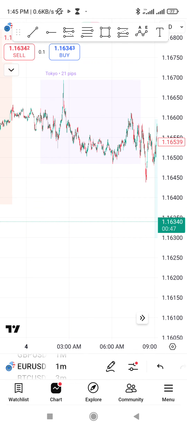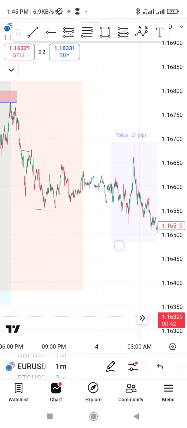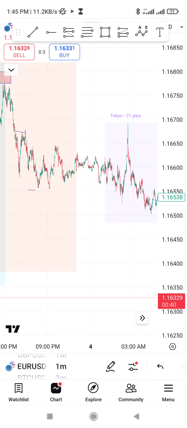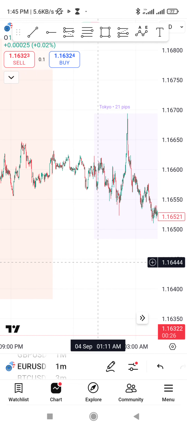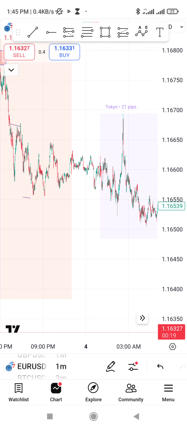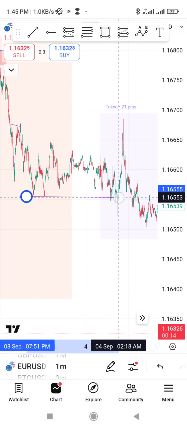Alright, so we started the day like this. The first thing when I open my chart is to look for information on what I want to be seeing. The Asian session opened here and then moved to where it is now. When I come to my chart, I'm seeing that the market printed an equal low, which is something very nice I would like to see, and this is the equal low.